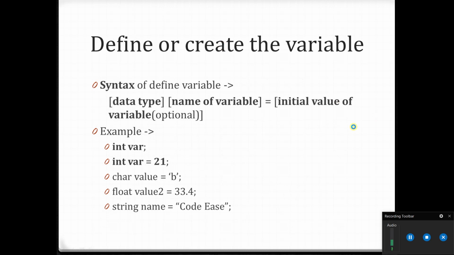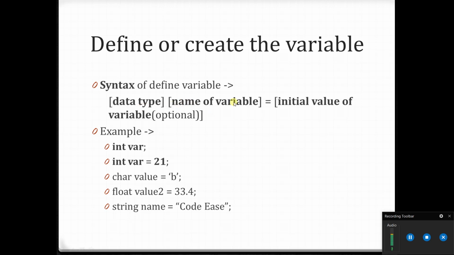And the next topic is how to define or create a variable. The syntax for defining a variable is: you must define the data type of the variable, which is which type of data your variable will hold. Fine. So this is the data type, and we have discussed data types in the previous video.